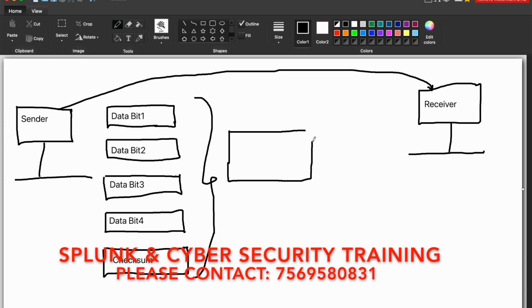Along with the 4 data bits plus checksum, this will be sent to the particular receiver, right? So let me differentiate this one. Now this particular receiver will be getting these data bits,